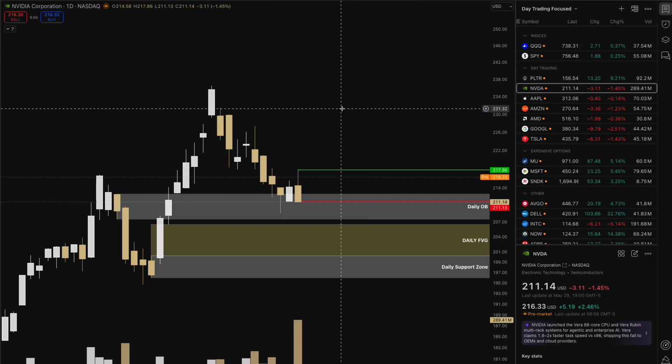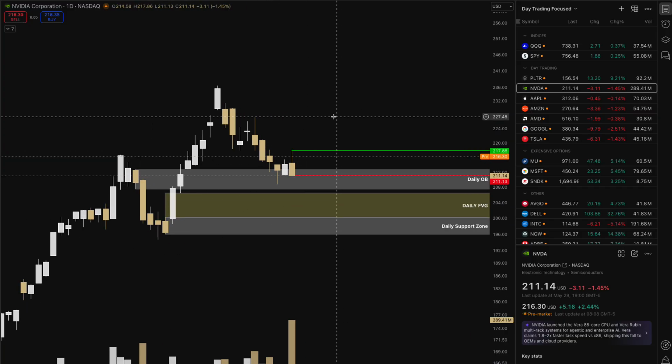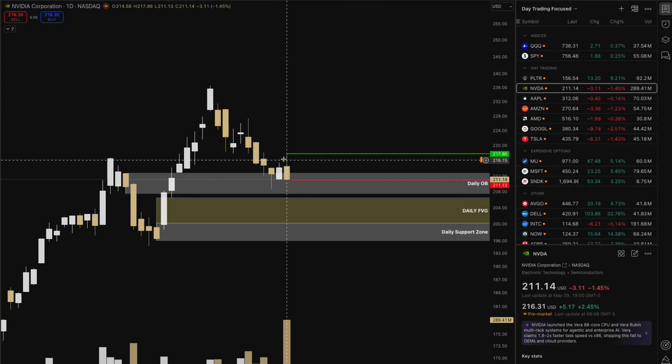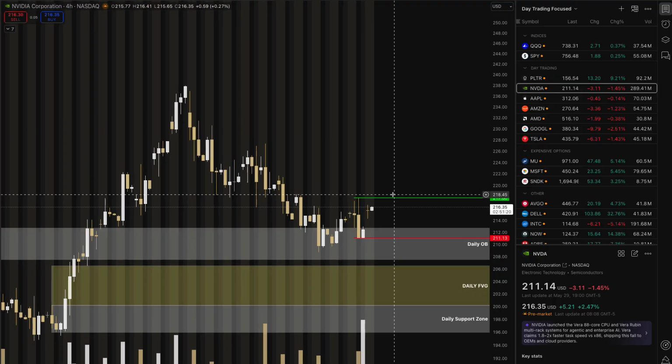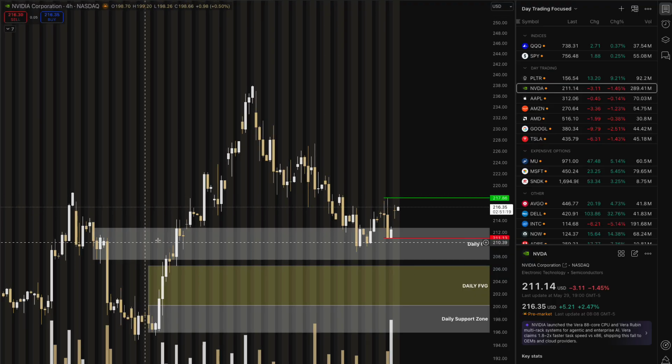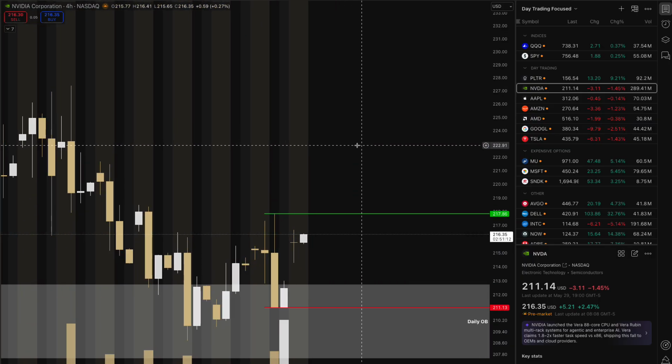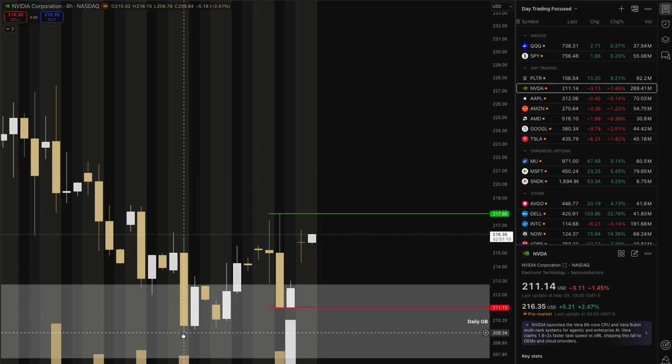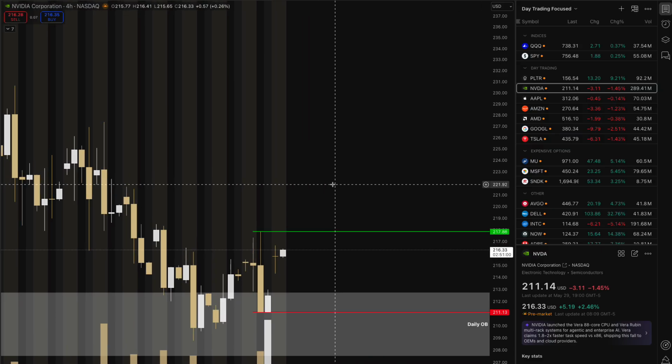Now if you can see, I have marked my daily zones here. We have previous day high, previous day low. If you go on a 4 hour, what do you see? You see that when price came back in this order block, it's respecting. So as you can see, sellers came in. Now the buyers are stepping in, right? But if you see what's happening here,